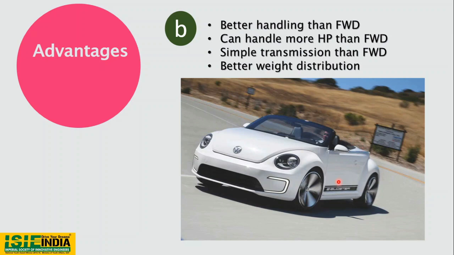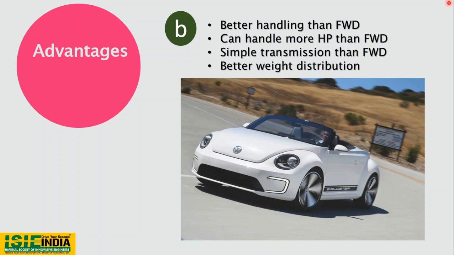In this configuration, the car is being pushed, so the motors or the engines are pushing the vehicle rather than pulling at the front wheels. Okay, so it can handle more horsepower than front wheel drive. And the way it handles horsepower is that there is less slippage and better maneuverability at top speeds or during traffic, and it becomes quite easy to handle